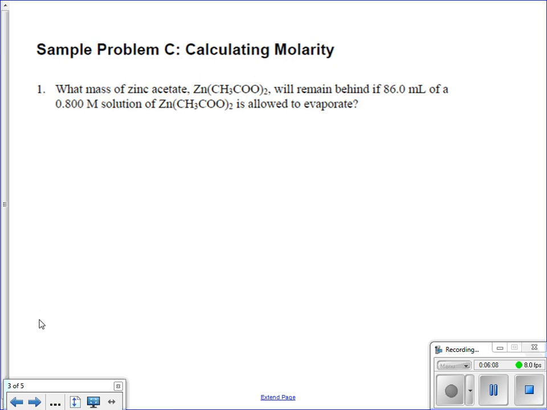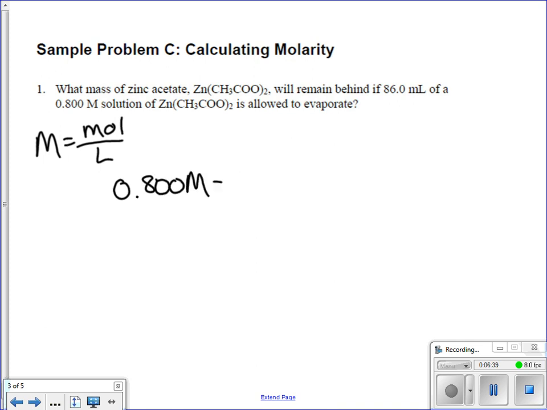So now let's see, what mass of zinc acetate will remain behind if 86 milliliters of a 0.8 molar solution of zinc acetate is allowed to evaporate? All right, so this is still a molarity problem, capital M, moles per liter. They gave us 86 milliliters, so we have our volume, we have our bottom number. We have a 0.8 molar, so